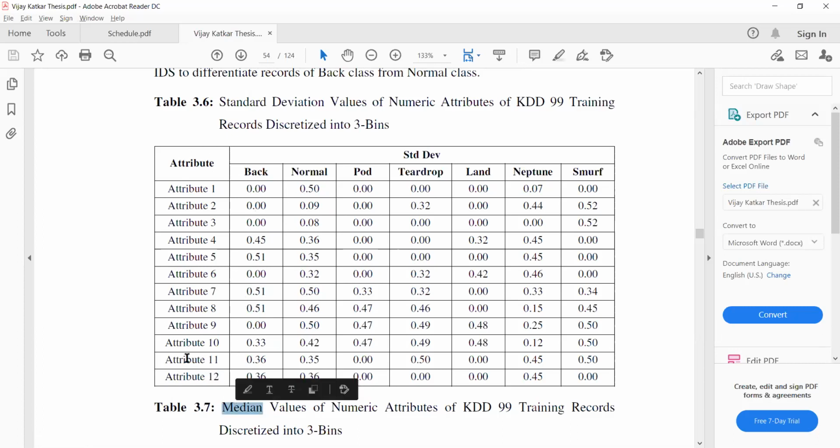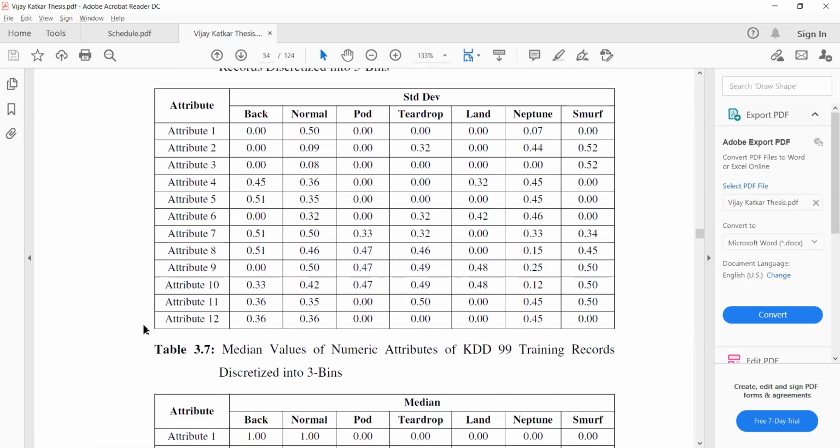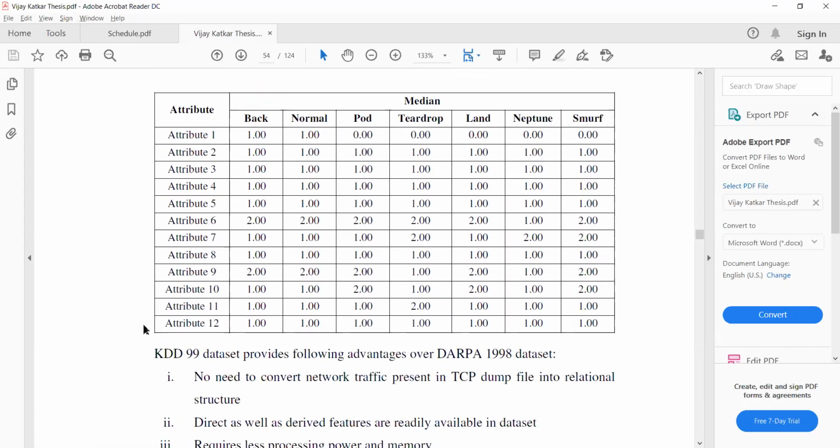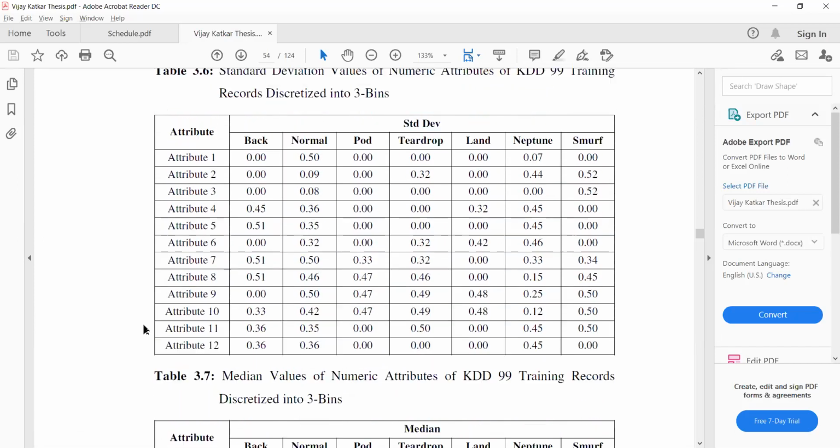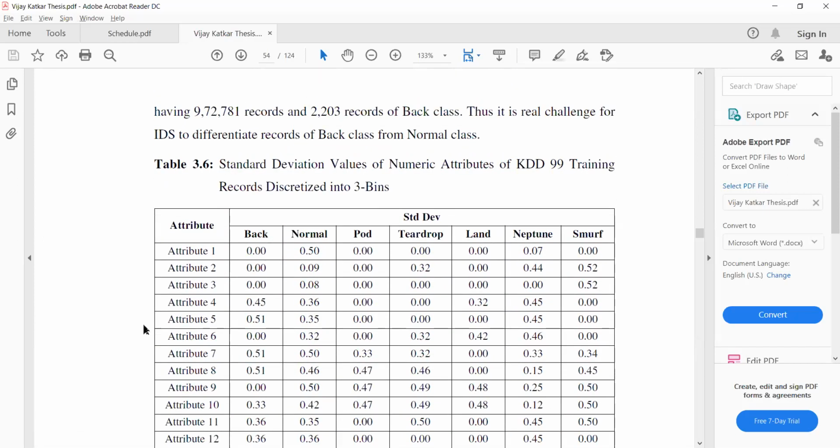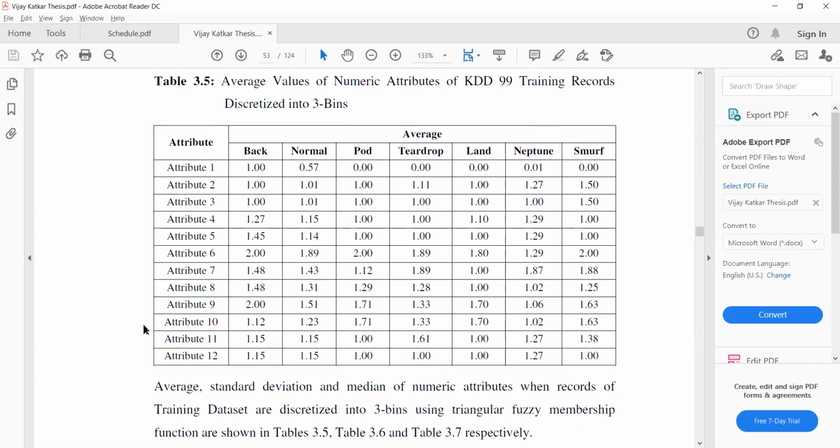So this is one table for median. Similarly, I have prepared tables for other things also. One table is for median, one table is for standard deviation, and one table is for average. If we see the average values: 1.15, 1.15, 1.48, 1.38, 2.0, 1.89, 1 and 1. It's almost the same.